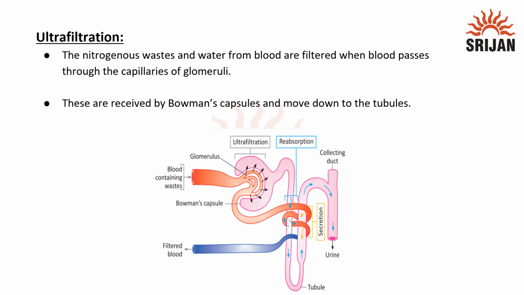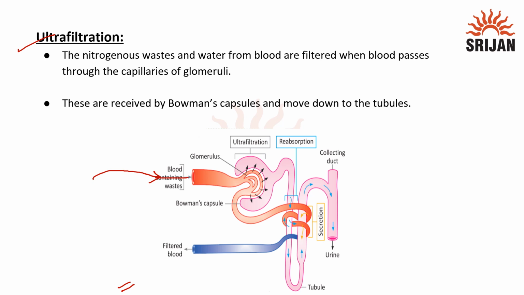The first process is ultrafiltration. Let's understand what ultrafiltration is. All the nitrogenous waste and waste which needs to be eliminated from the body is present in the blood, and the renal artery brings this blood to the kidney. Here we can see in the image that the renal artery brings the blood to the kidney, and then this blood